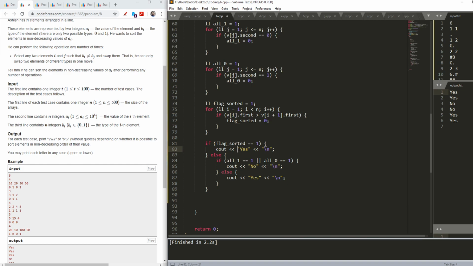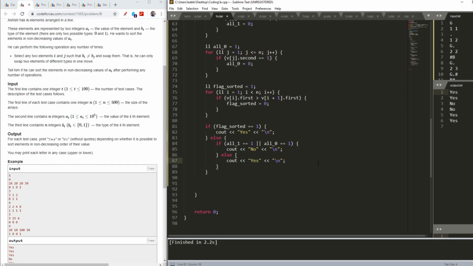It means that all elements are ones and we have no zeros, or all elements are zeros and we have no ones. If that is the case, then I will print my answer as no. Else my answer is always yes. And I showed you very clearly why this happens: with the help of at least one zero and at least one one, you can swap any number of elements and bring your answer as a whole.